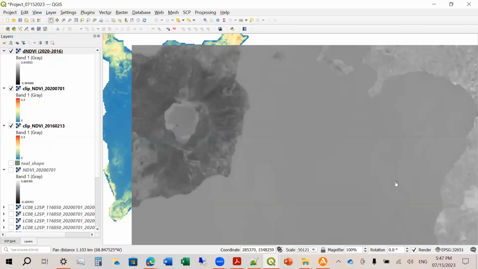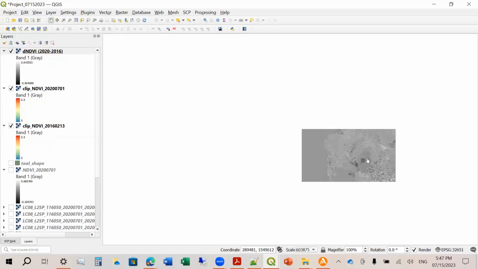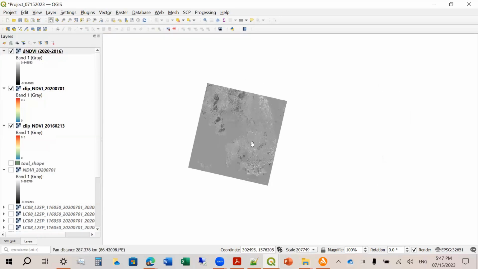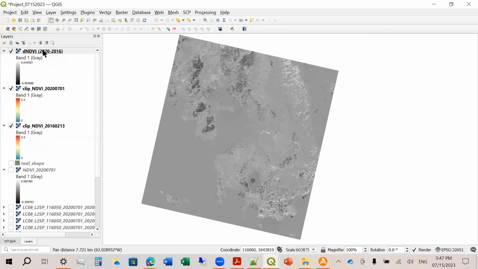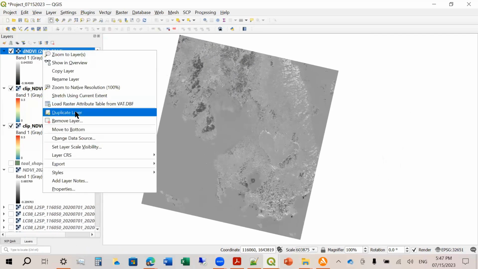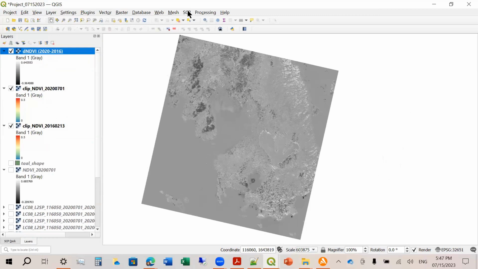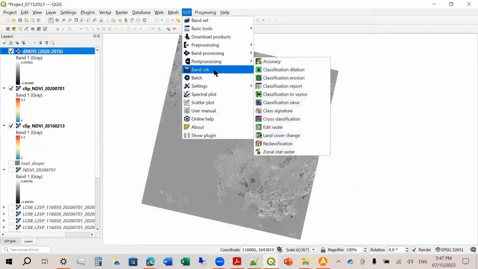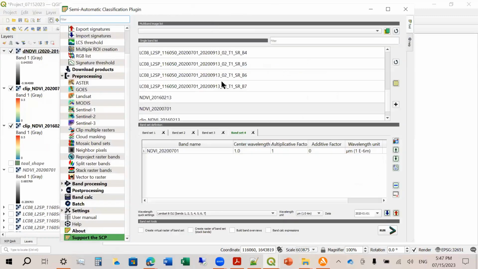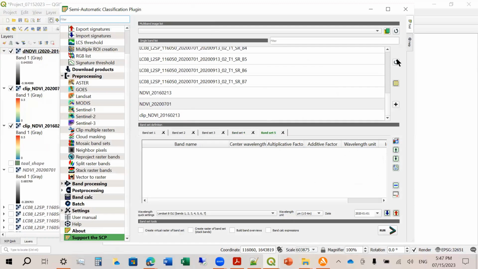Okay, so this is your NDVI difference for the whole picture. Okay, then I want to clip this again. Semi-classification plugin. Before that, I want to create another band set. Band number 5 for the difference NDVI.